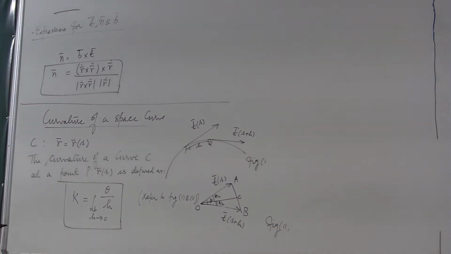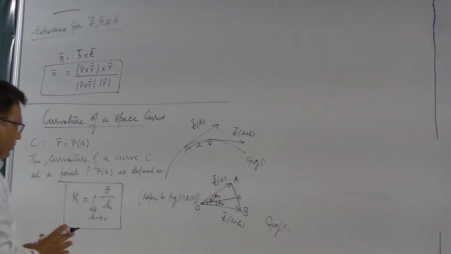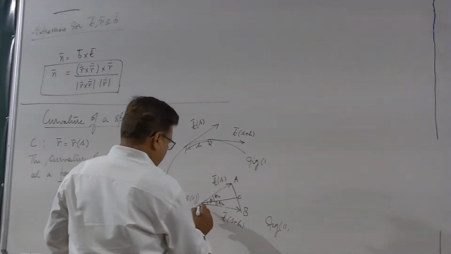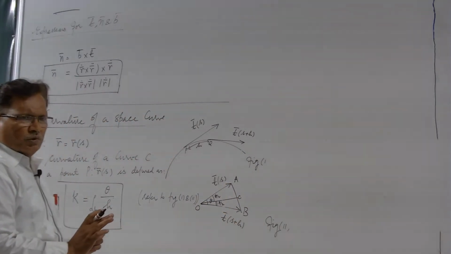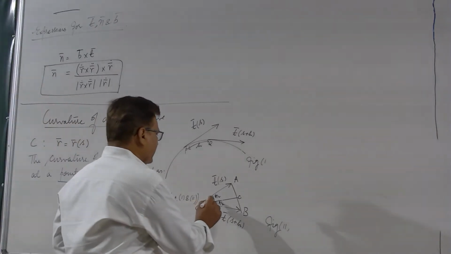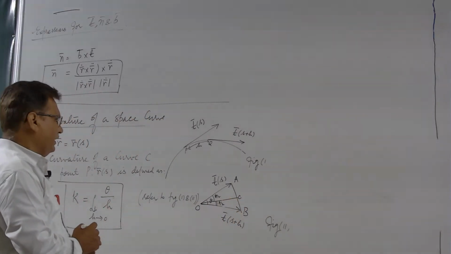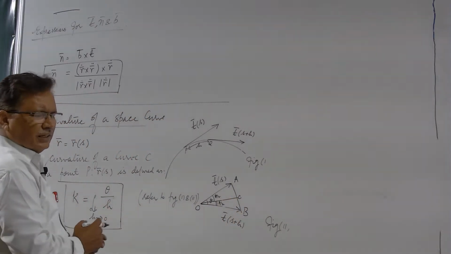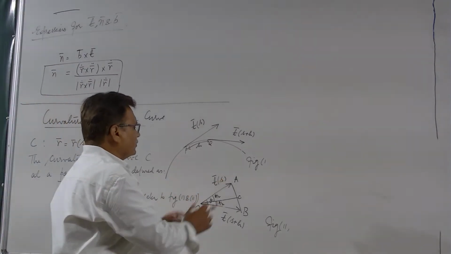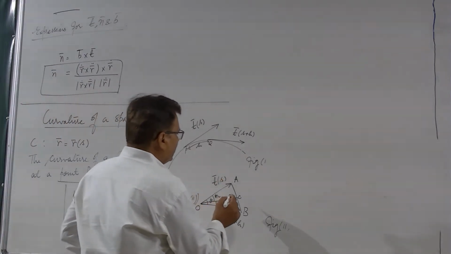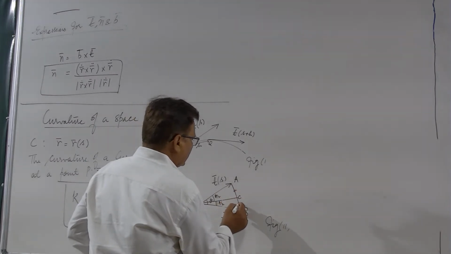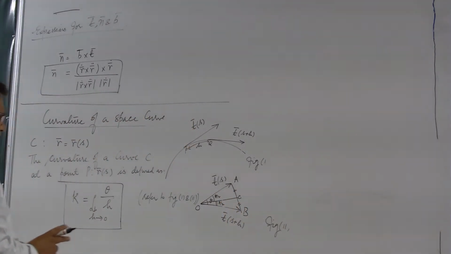So, you can easily see that the triangle OAC and the triangle OBC are congruent to each other. Why? Because the length of OA and the length of OB are equal, both are unit tangent, these two angles are equal, and this side OC is common. So, by SAS, these two triangles are congruent, and therefore all corresponding sides should also be equal, meaning that this side AC is the same as the side CB, and in other words C is the midpoint